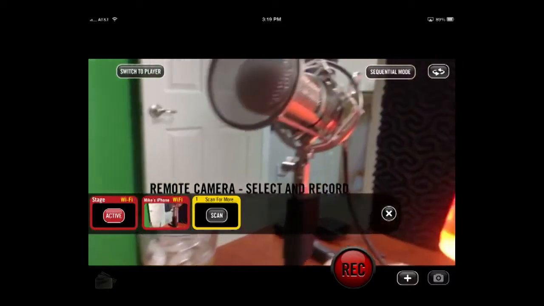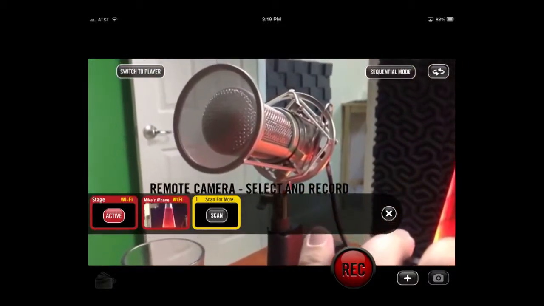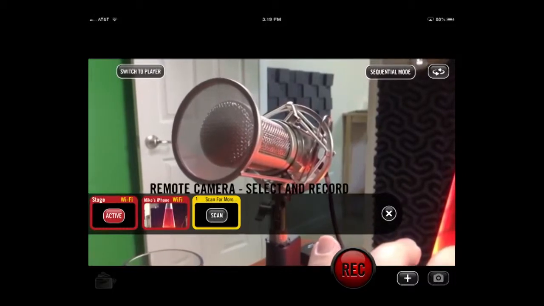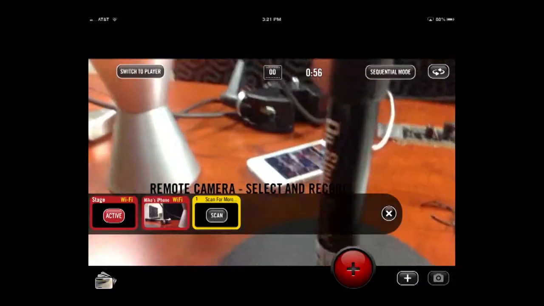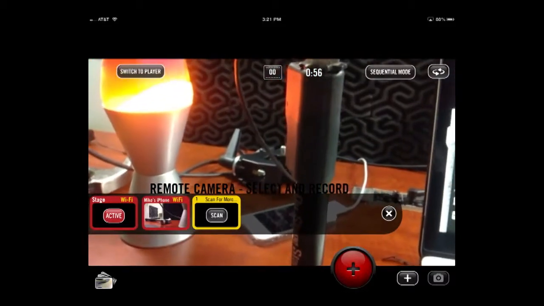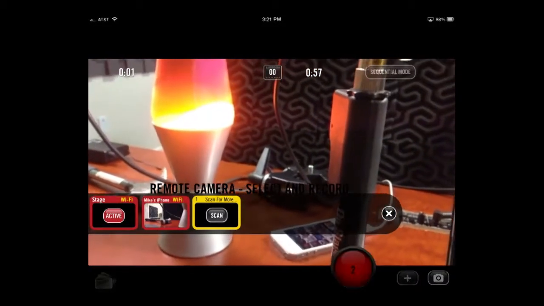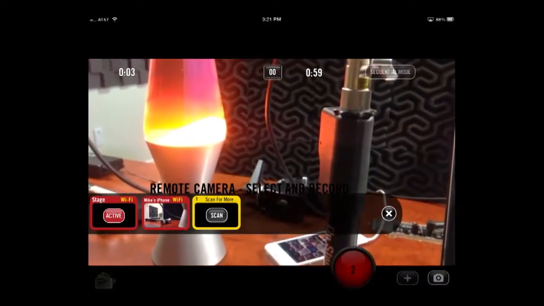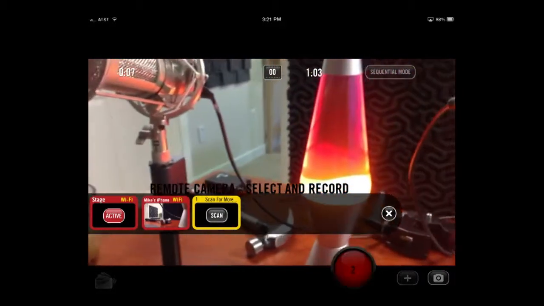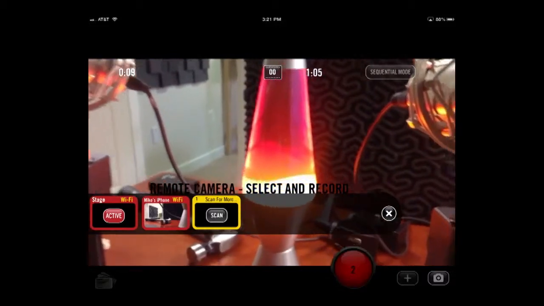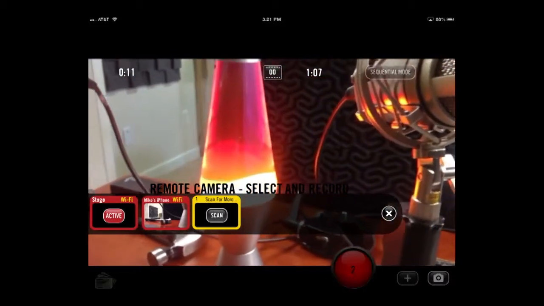You can have, I think, five devices on this. So what you're seeing basically is my iPad. Now we're getting ready to go in record mode, so I'm going to hit record. And we're in record mode, and what you see is my iPad moving right here, and if I want to switch to the iPhone image,